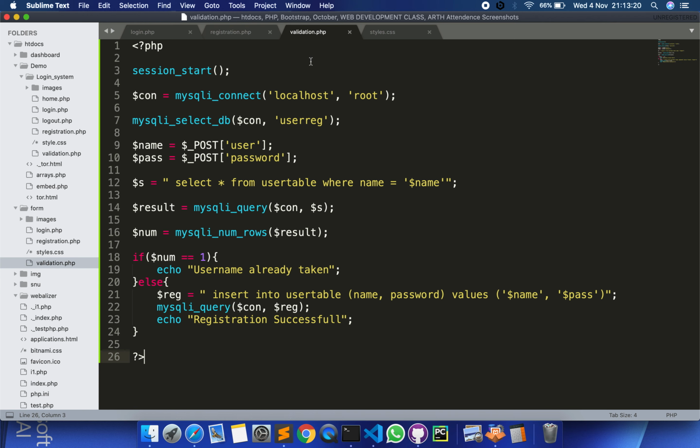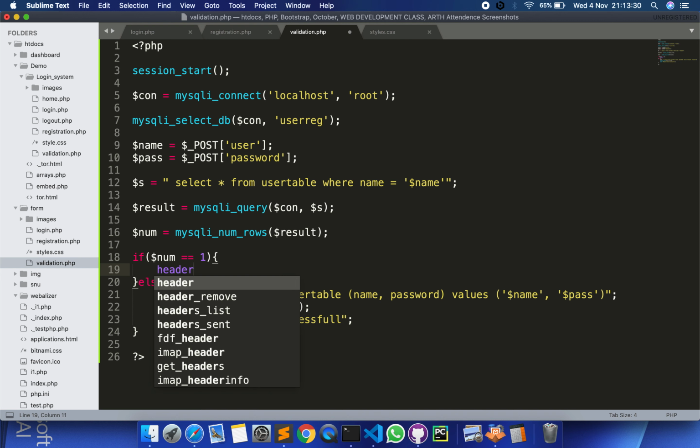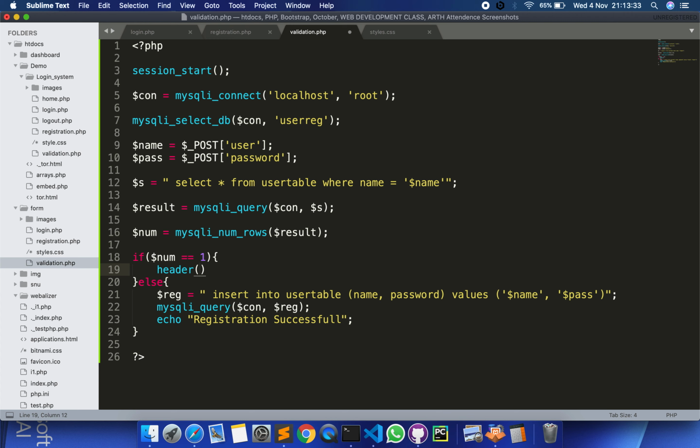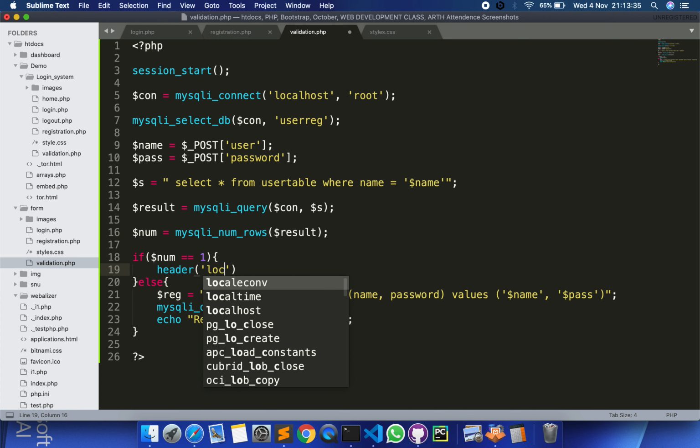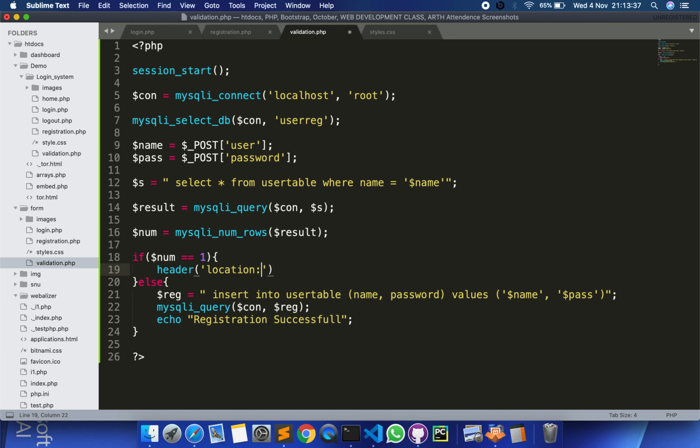Now coming on to the validation page. On validation, we don't need to write the header part. We need to change some code over here. So if the name is already present, location colon.